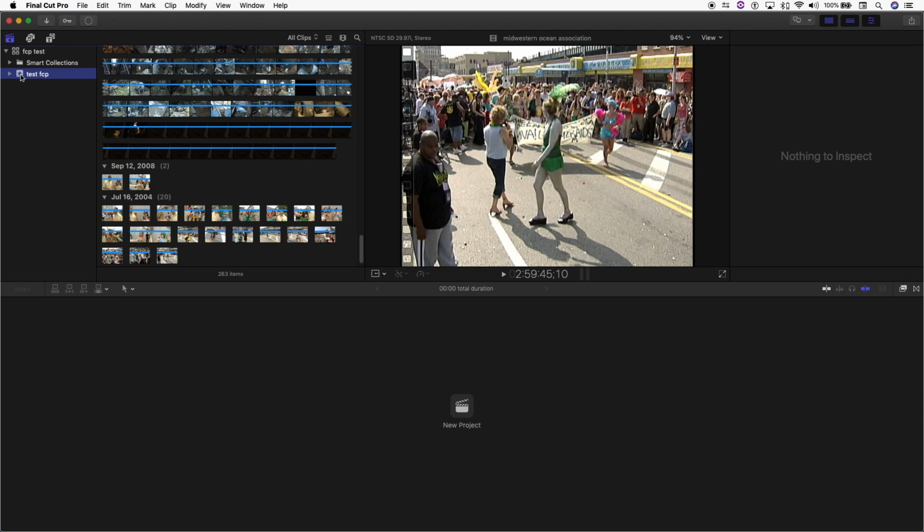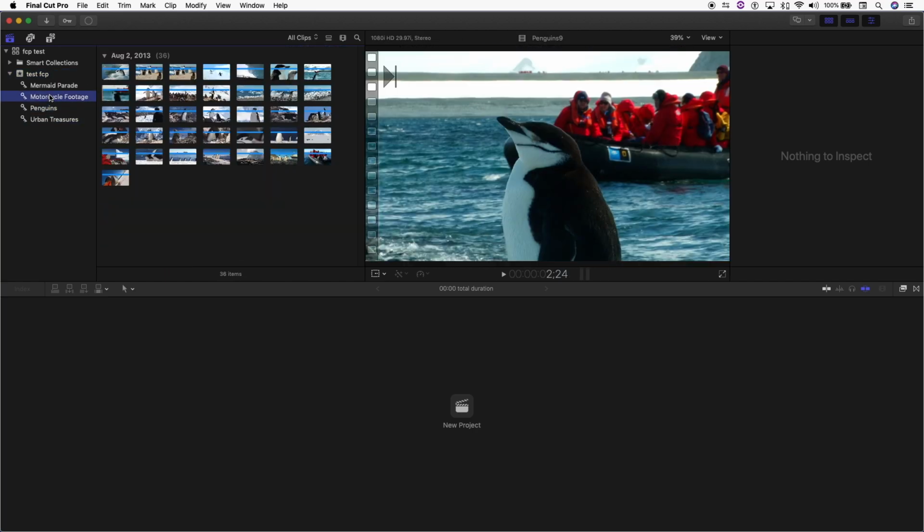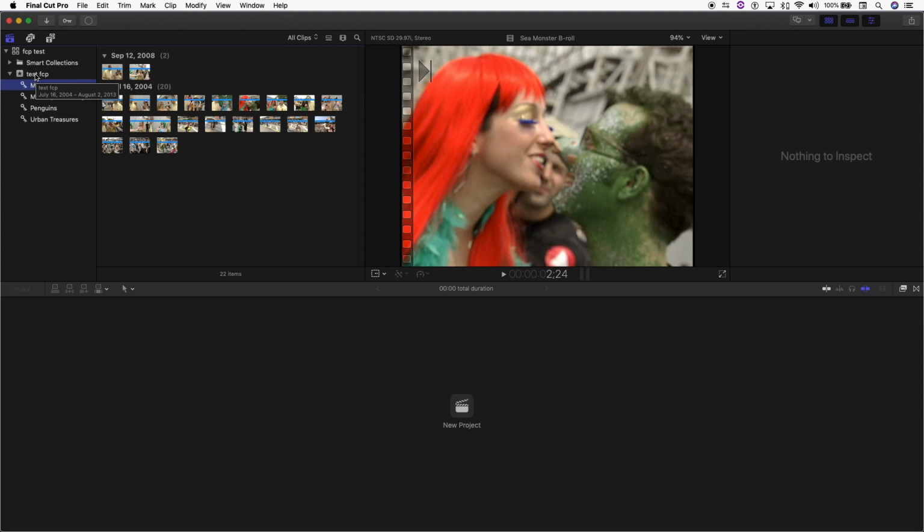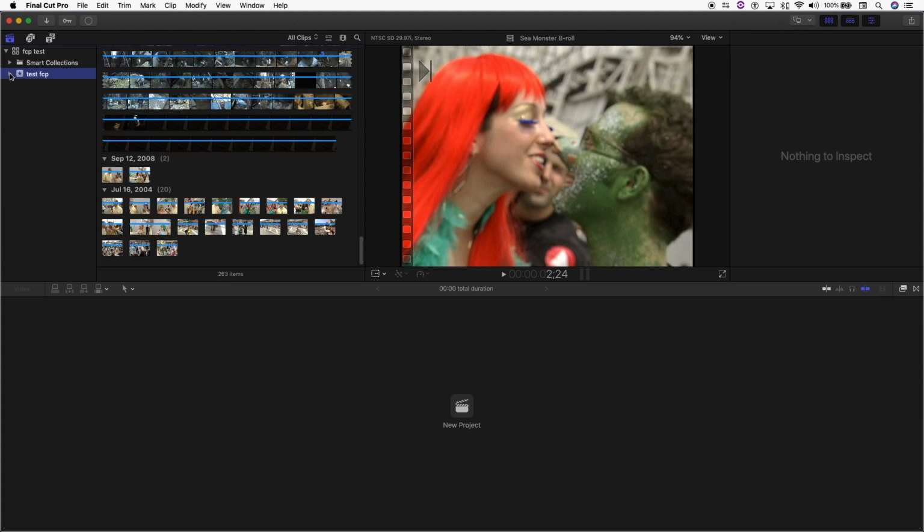and you can always make a new event and put it in there. So now with this test event, if I open it, I should see the folders, and here are the folders, which makes it a little easier to scroll through the footage. And we have different formats of media here. So that's basically how you